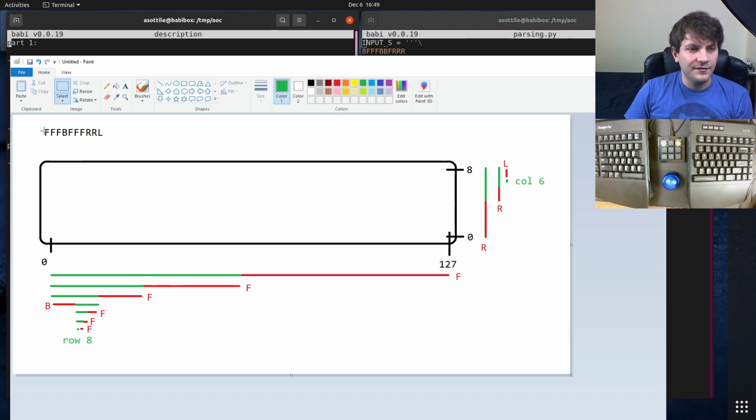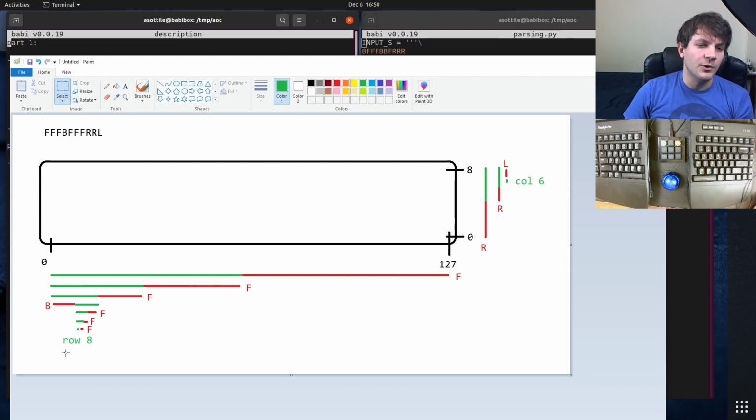First you would start by looking at this F, and what this F tells you is that you can eliminate this chunk here. I realize red and green are maybe not the best choice for colorblind, but anyway, you can pretend there is a differentiator here. So this back part is now eliminated, so it must be in this chunk here. Then we see the next F, which eliminates another half, and so it must be in this chunk here. We see a third F, which eliminates this half here, and so it must be here. Then we see a B, which eliminates the front half here, because it must be in the back half of the remaining stuff. And eventually it narrows down into exactly one number,